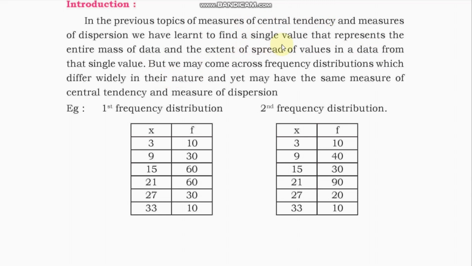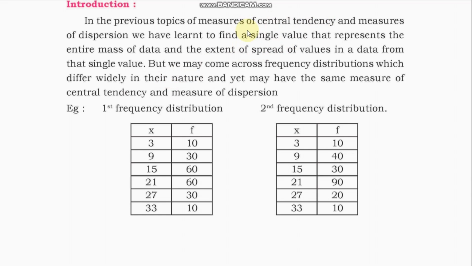So we studied arithmetic mean, geometric mean, harmonic mean, median and mode, which give you a single number that represents the entire mass of the data. And to check the reliability of the measure of central tendency, we use standard deviation, that is a measure of dispersion,